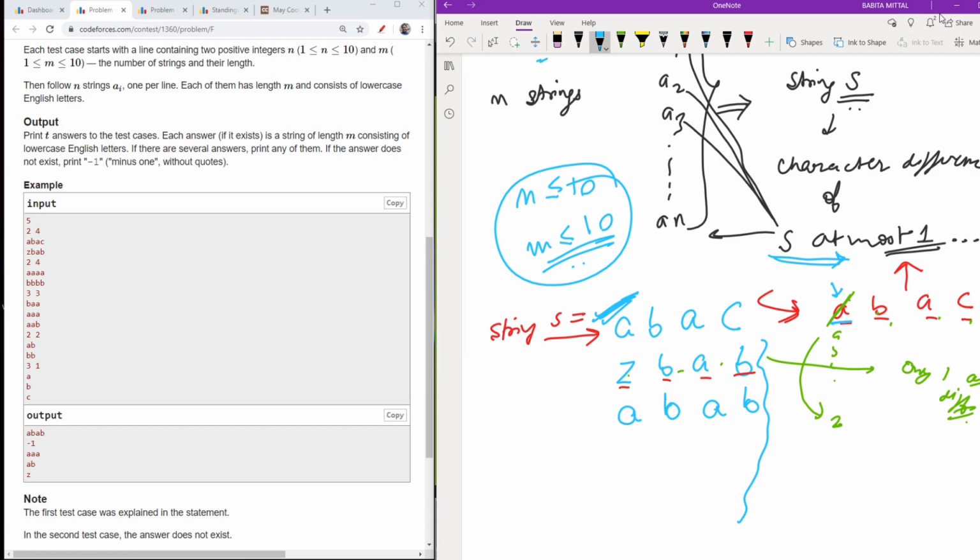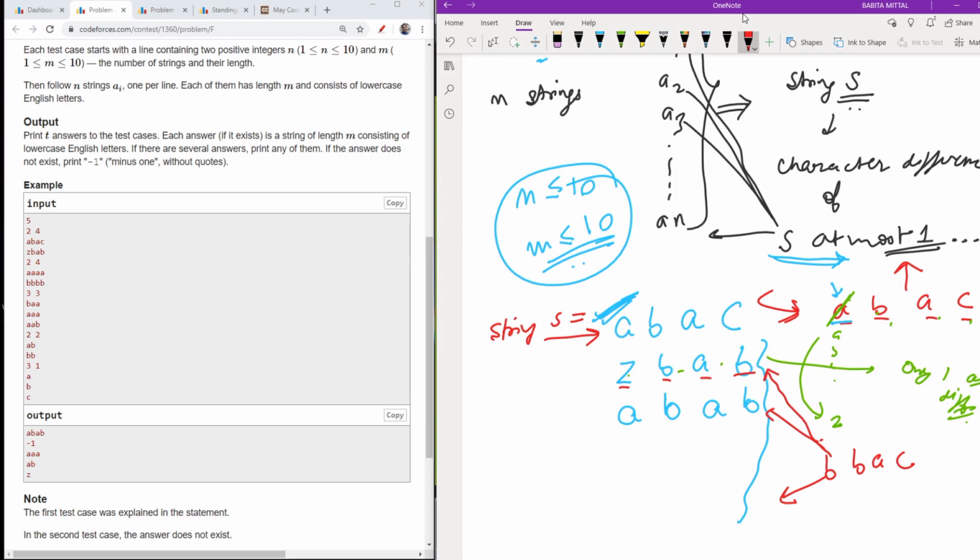Let's suppose I modify the first one, a to b, c, and I will take a broad example. A, B, A, C. I will first modify the first element to B, check B, B, A, C, and I will do it for every next string from 2 up to n with the first.